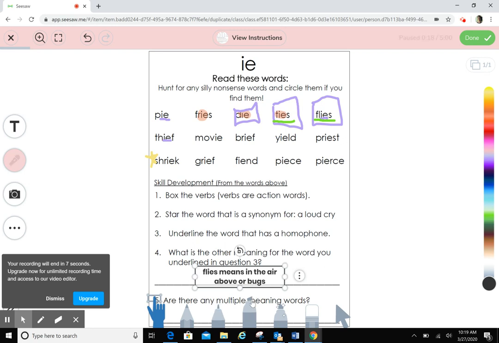Are there any multiple meaning words? Well, that's really similar to the question number 3. Do any of these words